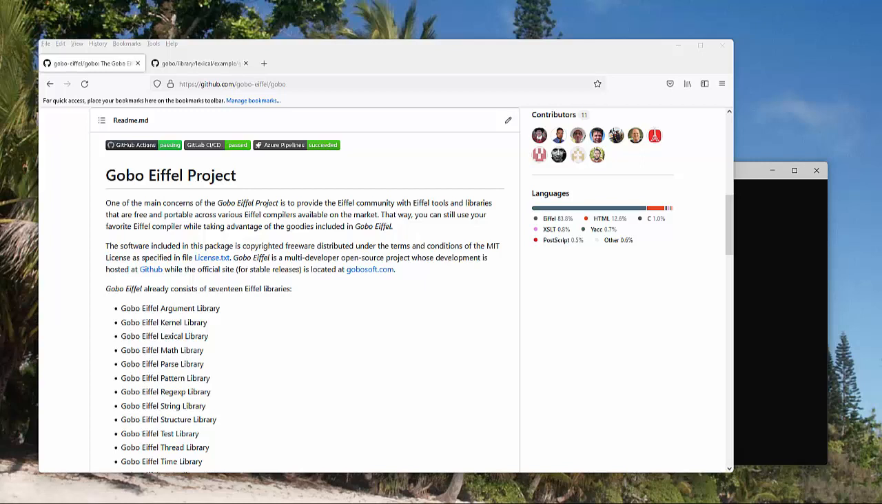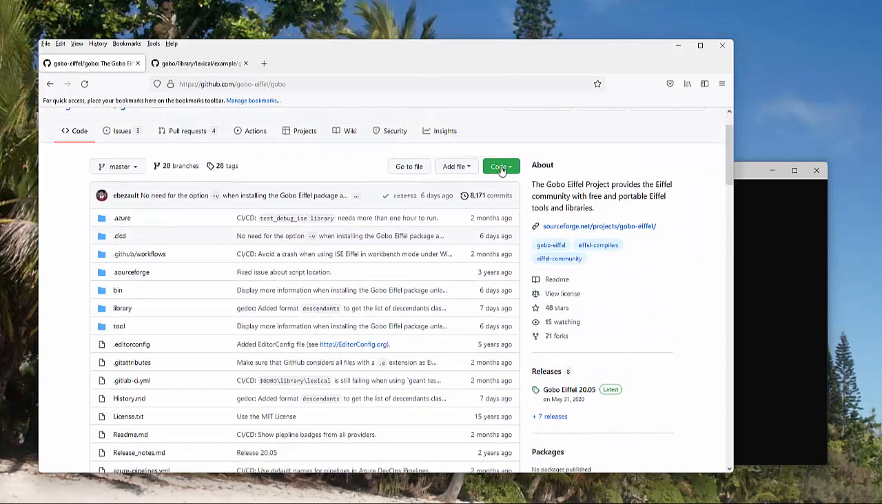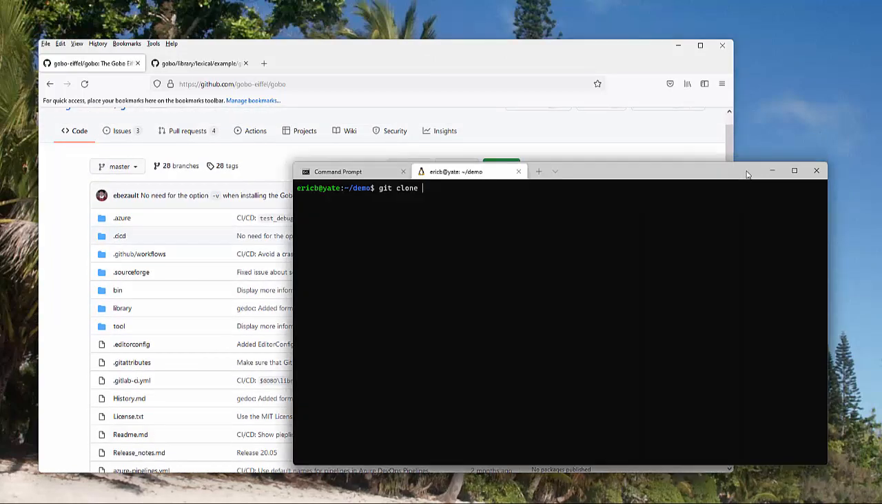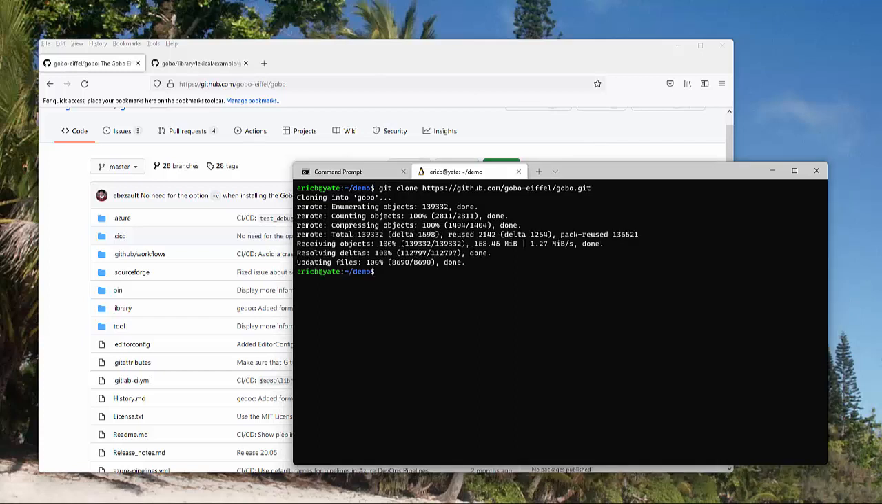So I'm a Windows developer, so I will use WSL with Ubuntu for this demo. So let's type git clone and then I'll go to the GitHub page to get the URL for this repository. So this will take a couple of minutes, so I will pause the video here. The git clone command is now completed, so I will go to the Gobo